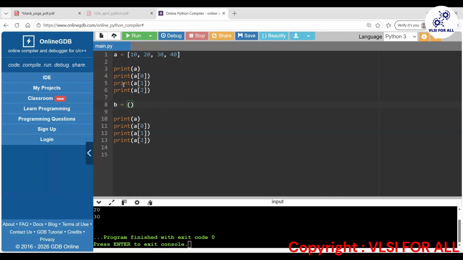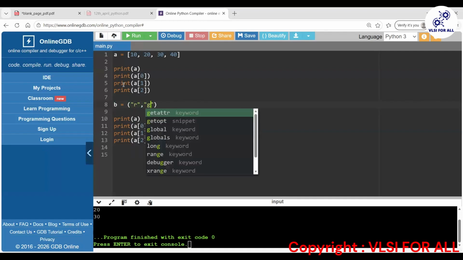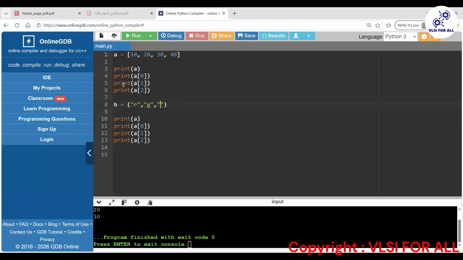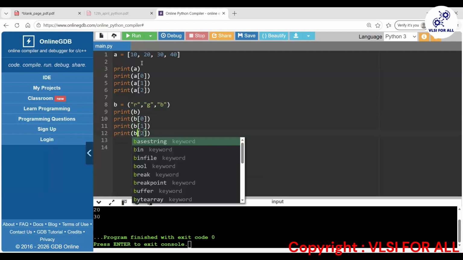Let me create, let's say, colors RGB: red, green, blue. If I print B and run it,